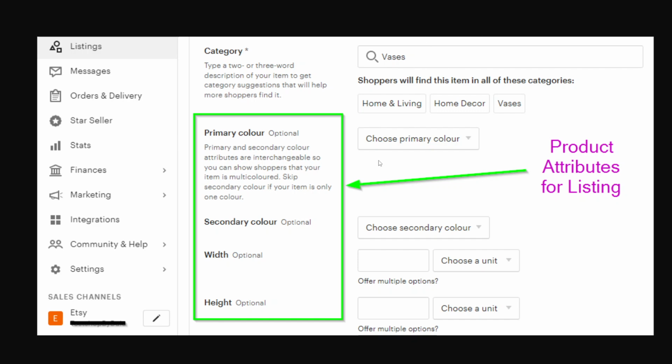Now, what you'll need to do is you'll need to just fill out every relevant attribute. If the attribute is relevant for your item, you can simply add in the attribute that is given. As I said, you're going to see more options such as style or even patterns, depending upon the product that